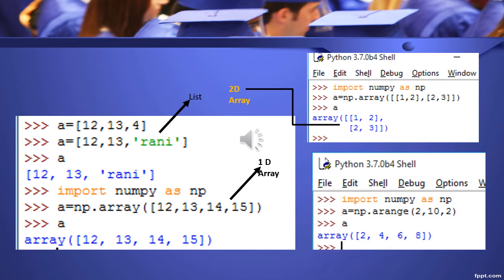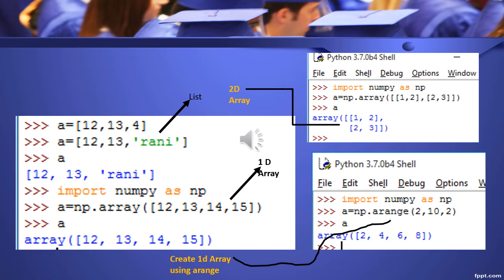Using the arange method we can also create one-dimensional and two-dimensional arrays. See here, a equal to np.arange(2, 10, 2). 2 is the starting value, 10 minus 1, that is 9, is the ending value, and 2 is the step value. That's why the result is 2, 4, 6, 8. Using arange we can create a two-dimensional array also.